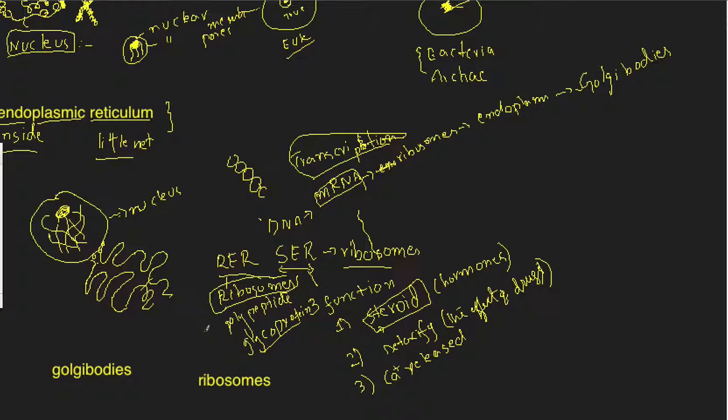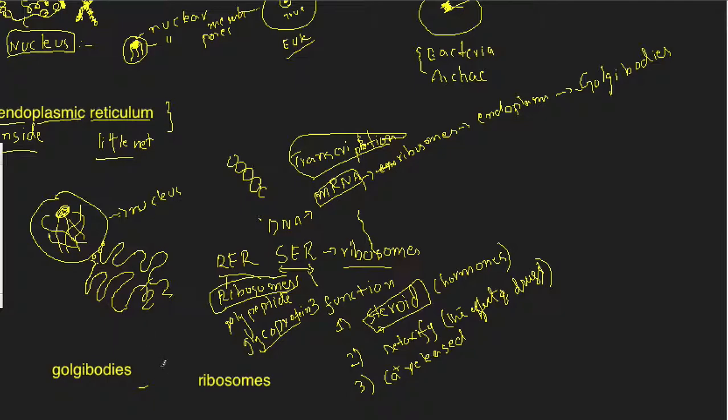So there are also functions apart from that. The endoplasmic reticulum also helps in producing the cell membrane, the outer membrane of the cell, which is called the plasma membrane or the cell membrane, because the enzymes of the rough endoplasmic reticulum produce the cell membrane too. And as we go to the Golgi bodies,